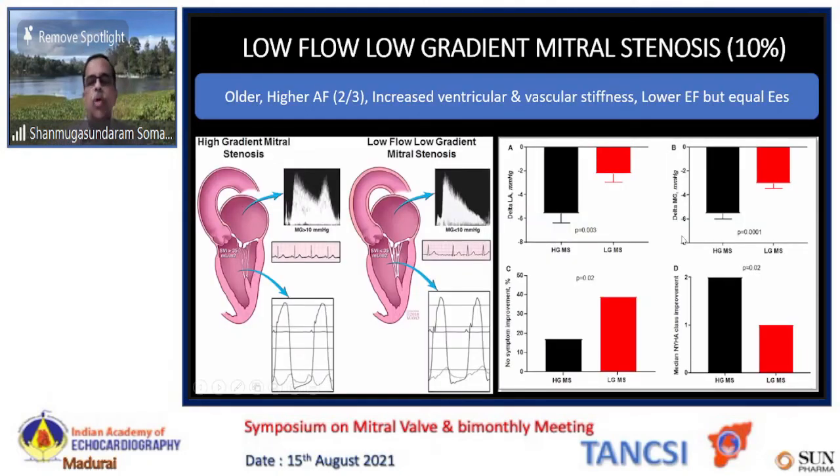Now we realize one more entity with mitral stenosis, that is low flow, low gradient MS, something like low flow, low gradient aortic stenosis. People who are elderly, people who are having atrial fibrillation with a stiff LV and a stiff aorta, they may have a lower gradient in spite of stenosis being severe. These are the people in whom the balloon mitral valvotomy